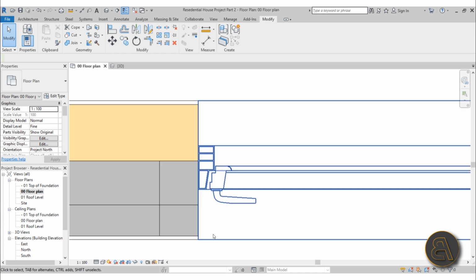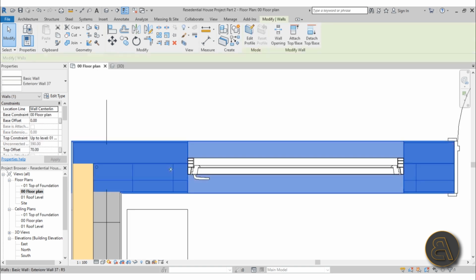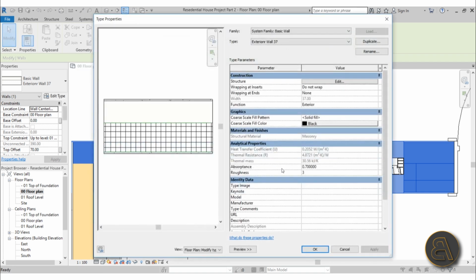But sometimes you want to have maybe something a bit different. For example, in this case, you might want this gypsum wallboard wrapping around the end of this wall, so here we don't see this ugly structural material. To fix that, you would select this wall, go here into Edit Type, and we have pretty